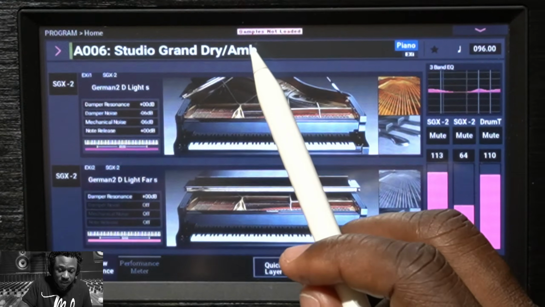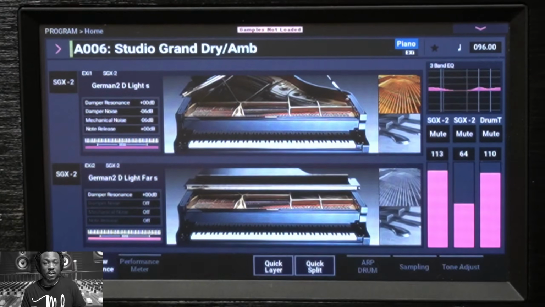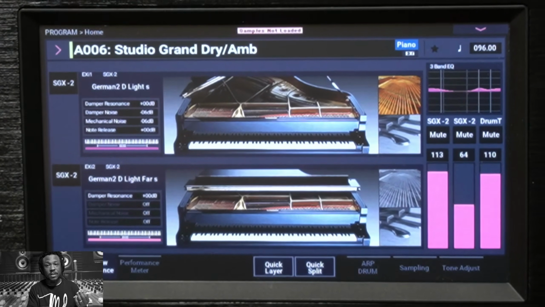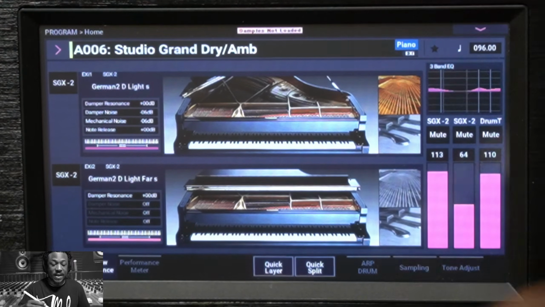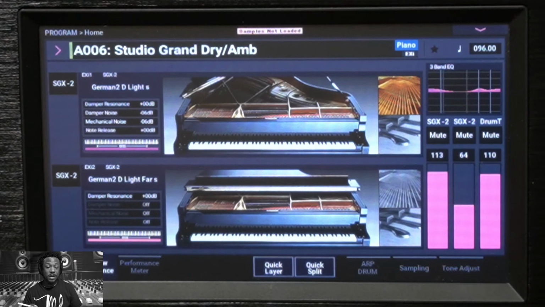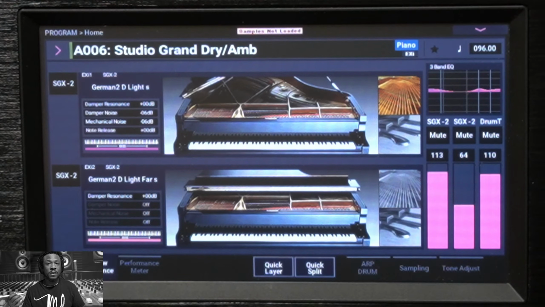This little message at the top of the screen is pretty scary when you see it. It says samples not loaded. And so when samples aren't loaded, when you play the sound, nothing is coming out because the samples aren't loaded. So when you see that, if that is a sound that you need, or a sound that you want, or a sound that you've used that you need to get back in the board and you removed it by accident, or if you realize, oh, I unloaded everything in the bank, but I didn't want to unload that sound,